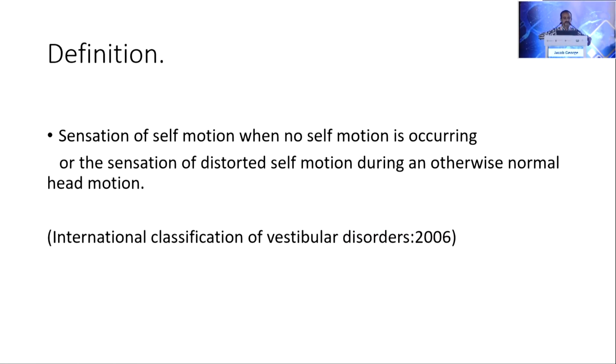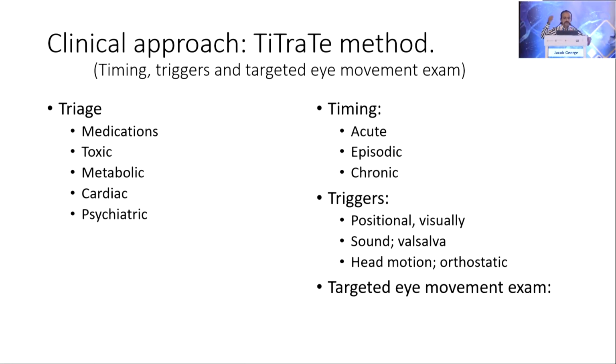Now, vertigo is defined, to be simple, as a delusion that either the environment is moving or the person himself is moving. There is this TiTrATE method which is used to diagnose vertigo. TiTrATE stands for timing, triggers, and targeted eye movement examination, of which the targeted eye movement examination is the most important. Based on the timing, we have acute vertigo, like vestibular neuronitis and brainstem stroke, or episodic vertigo, Meniere's and migraine, or chronic vestibular disorders like